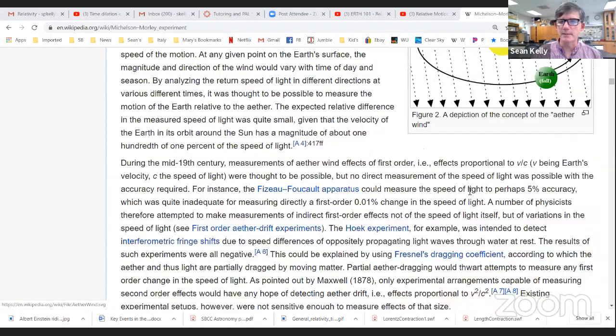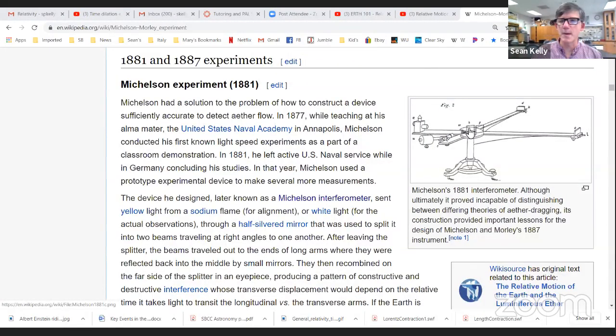So they did the experiment and they divided the light up into two paths, and one path went this way and another path is 90 degrees to it. In one of these directions, we're either going with the ether or against it, not in both of them. It can't be possible that it's in both. So the light would be affected in one path but not in the other, and it would take a little bit longer to travel this path than that path, for example. And when they come back together, the light waves are put together in